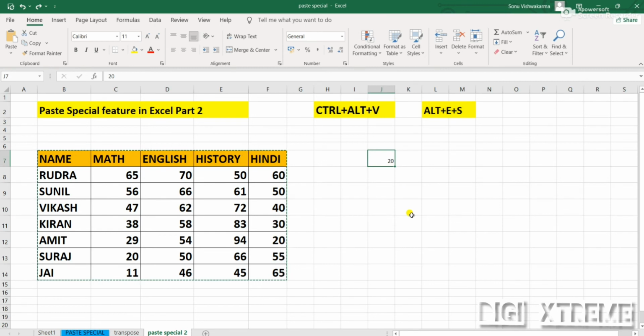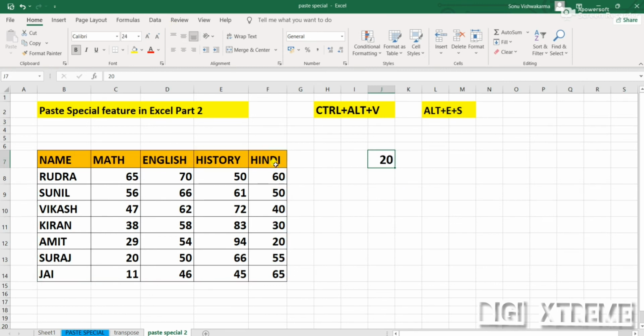Let me make it bold. See, this is 20, and you want to add 20 to everyone. If you go one by one, it will be very difficult. So how can you add 20 to all the numbers?